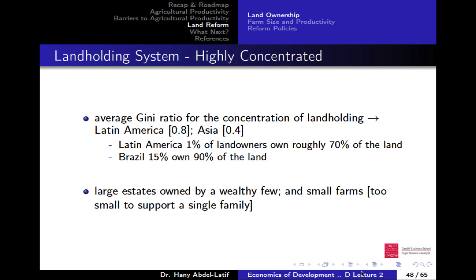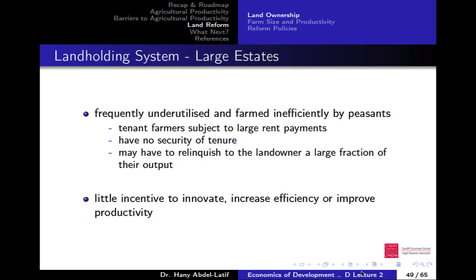I wasn't one of those. I have small land. And small farms are too small to support a single family. That's why I didn't care much about that land, because it's very small. Even when I sold it, it didn't bring much money because it's worthless. It's not going to support me anyway, so I just left it there. So my point is that now you have a few wealthy with large pieces of land and many with too-small farms. So what is the problem then?